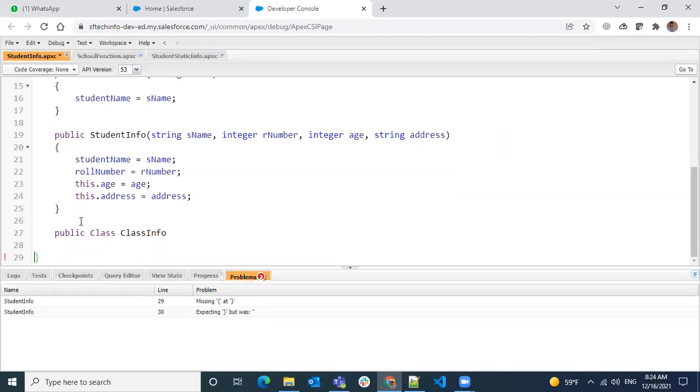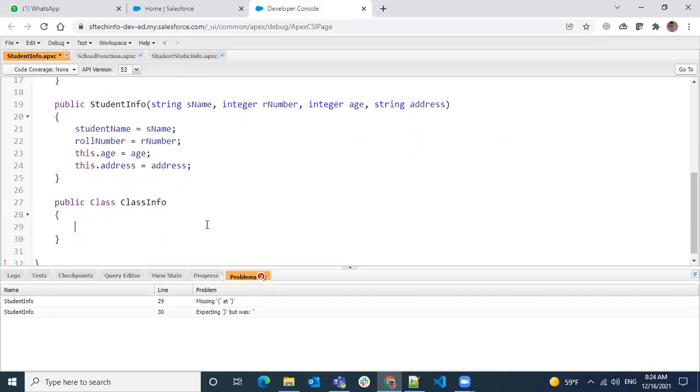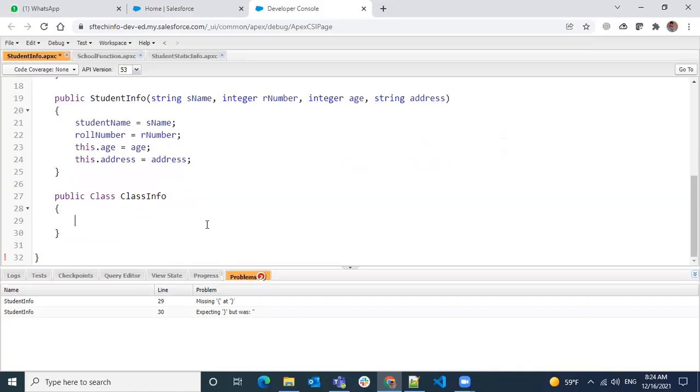For class info, I'm going to create this class, and here a public string saying the class name is one, followed by the teacher.